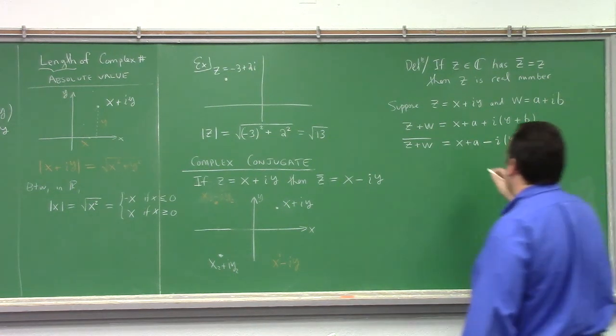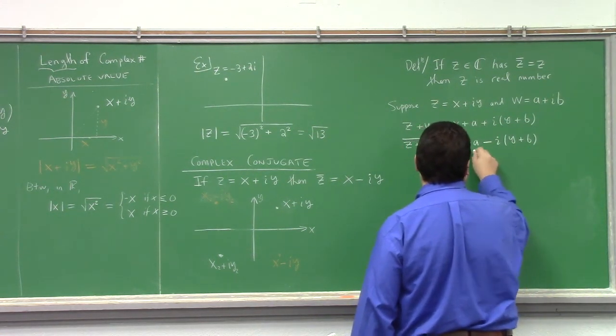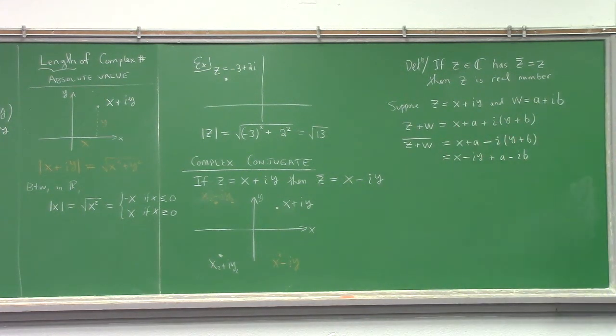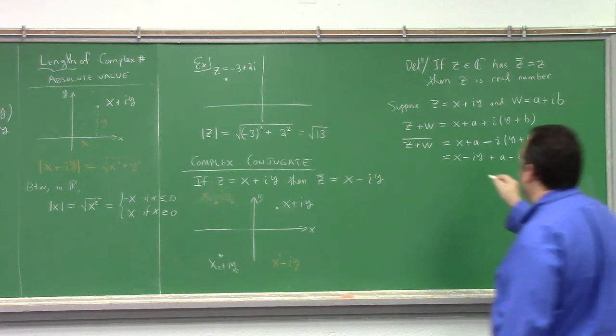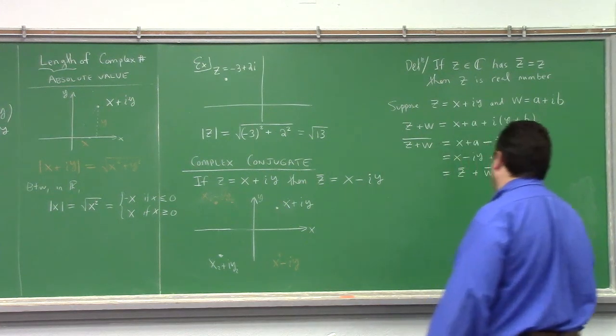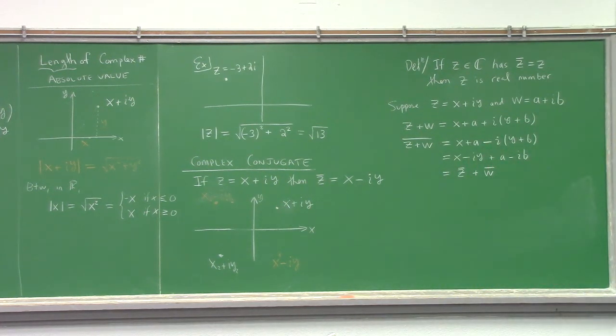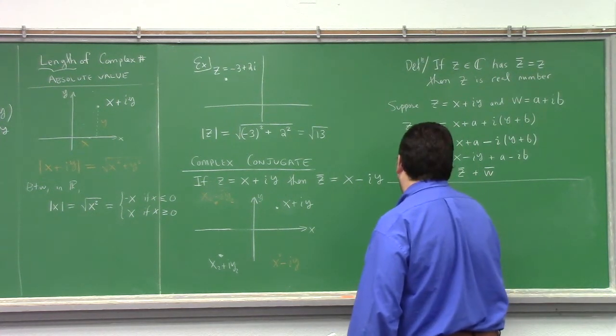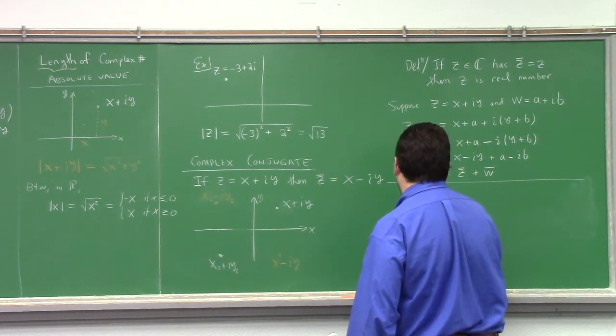But we can rewrite that. That's x minus iy plus a minus ib. So that's z conjugate plus w conjugate. So the complex conjugate of a sum is the sum of the complex conjugates. So that's one property of complex conjugation. That alone is pretty neat. But one of the things that really makes complex numbers so special is if we look at